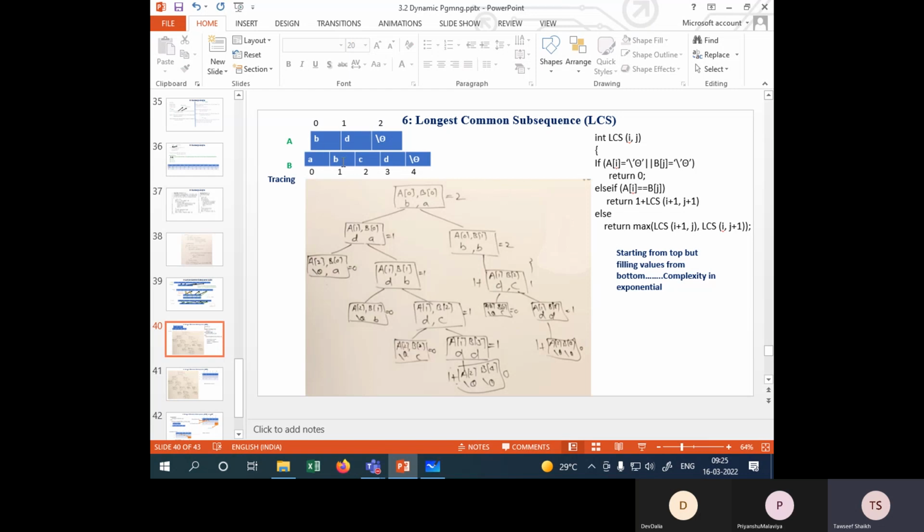Is it B and D? B and D, yes. B भी एक substring है individually, D भी एक substring है, but that is of size 1. Our target is to find longest common subsequence, and longest common subsequence here in this example is of size 2. Yet we don't know what are the elements. अभी हमें खाली पता चला कि कितने साइज की सब सीक्वेंस और सब स्ट्रिंग है। अब वो क्या है वो भी हम फाइंड करेंगे, अगर यहां तक आपको समझ आया होगा।